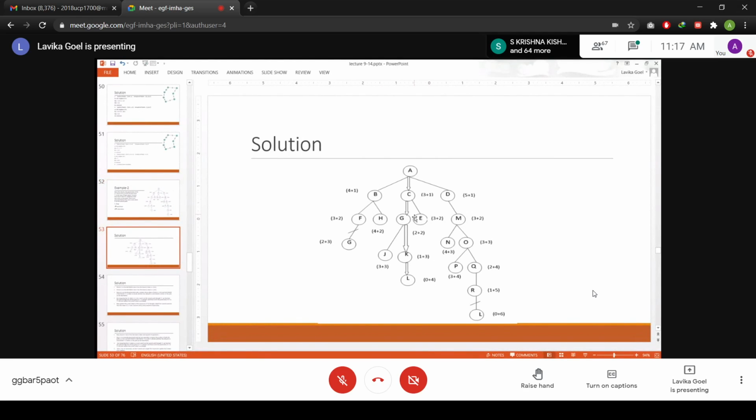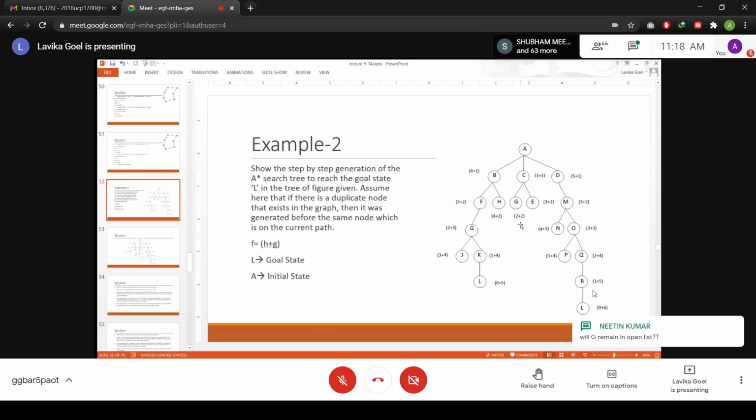So you see, this is what has happened. That branch G, J, K, L, that complete subtree, has made its parent C. Fine. So now you update the G and F values of G. It will be 2 plus 2 because it's a new path. So 2 plus 2 was the new G's value. So that will remain. And now the children are J, K, and L. So how will you update the values of J, K, and L? The heuristic value will remain the same, only the G value will change. So the F value of J was 3 plus 4. So now what will be the new F value of J? Can anybody tell me?